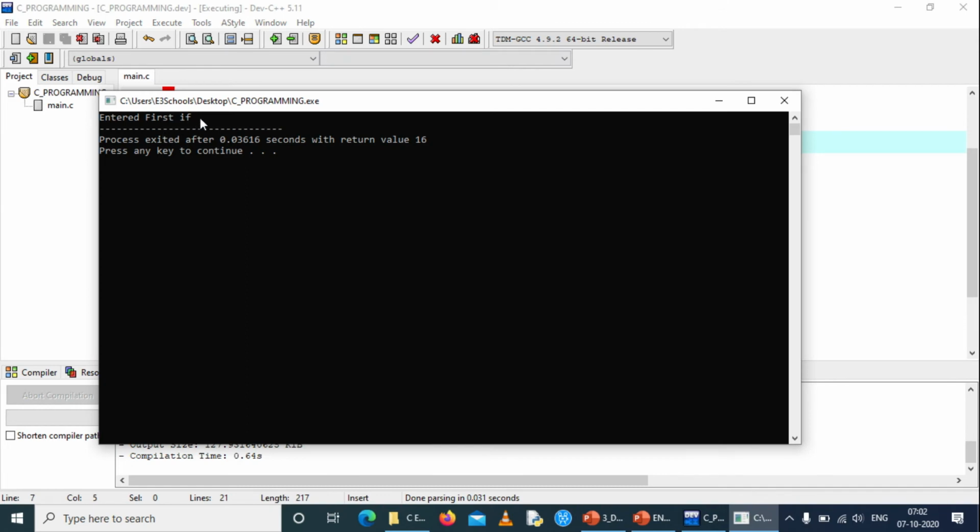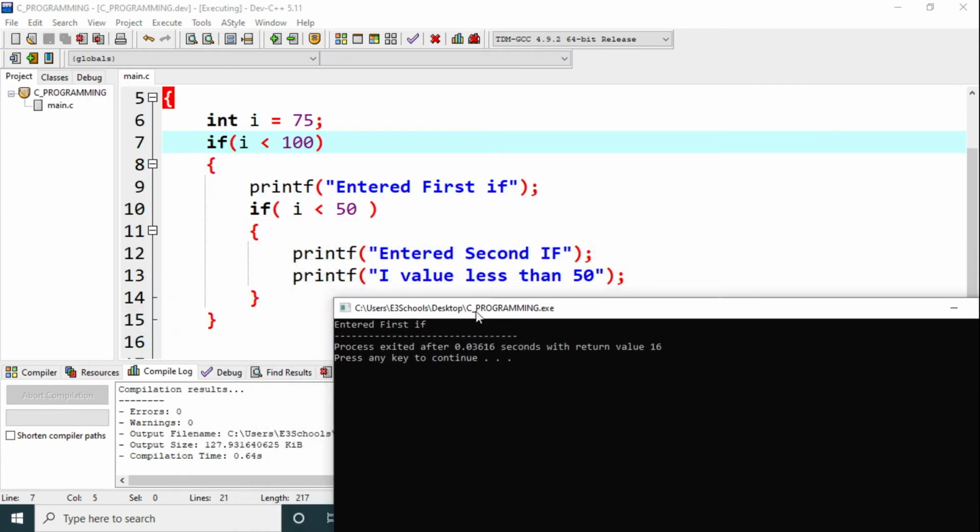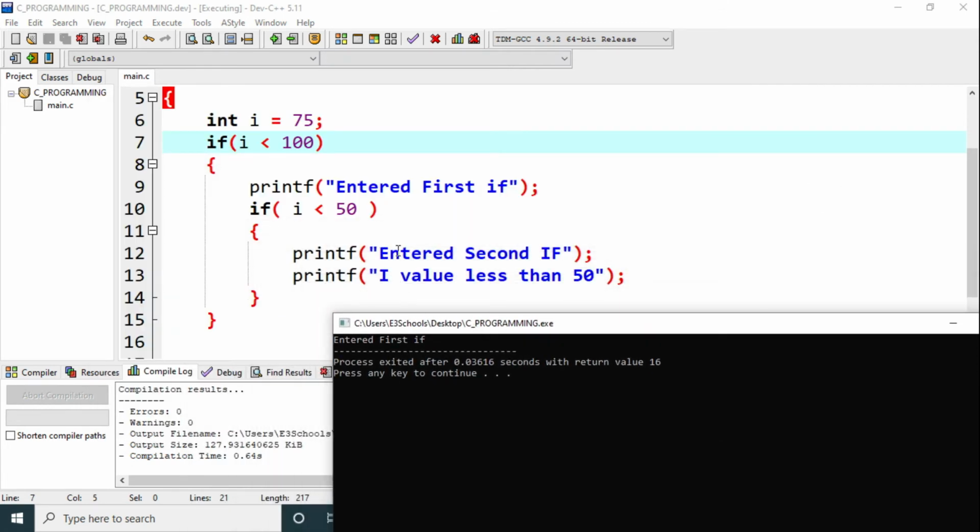So it printed entered first if, but we don't get any value like entered second if. This means that the first condition is true, the control enters inside the first if statement, and it executes this ninth line. Then while checking the condition for I less than 50, the condition is false and hence this block is skipped and control comes outside.